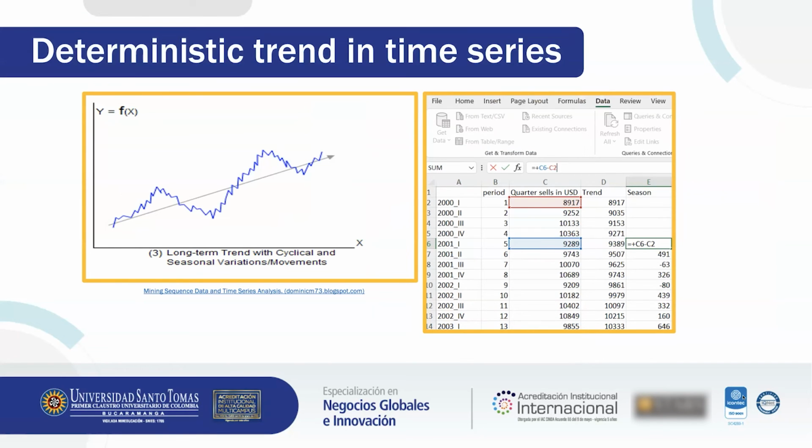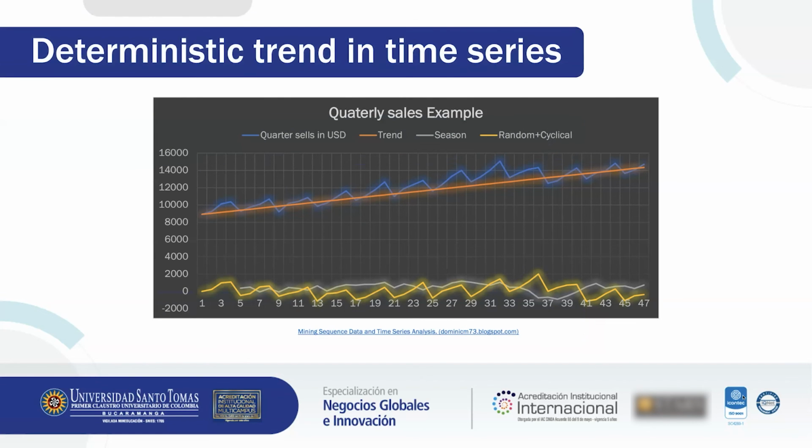To calculate the seasonal trend, there is a more manual process. In the example, we have quarterly data, so you will deduct the first year first quarter from the second year first quarter, the first year second quarter from the second year second quarter, the first year third quarter from the second year third quarter, and so on. If you graph your results, you will see how the main explanation for the sales given by the trend, seasonal, and random plus cyclical components is not very significant in this specific example. When forecasting, it's important to be aware of the components to predict the future behavior of any variable in the business.